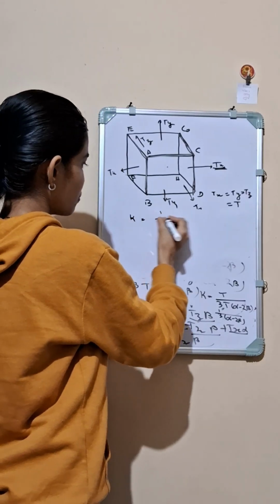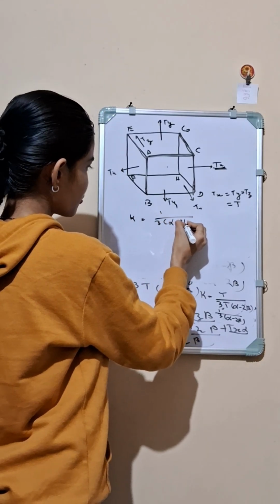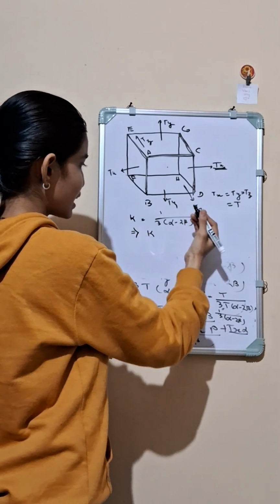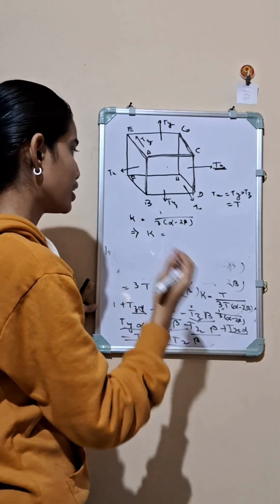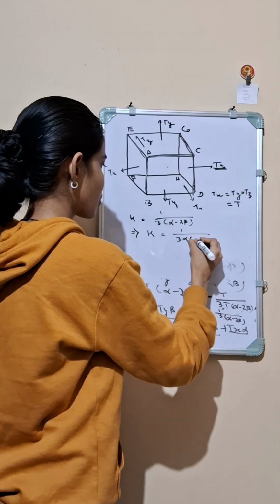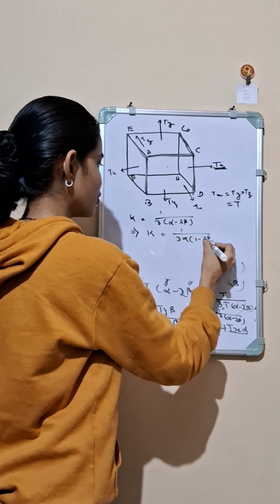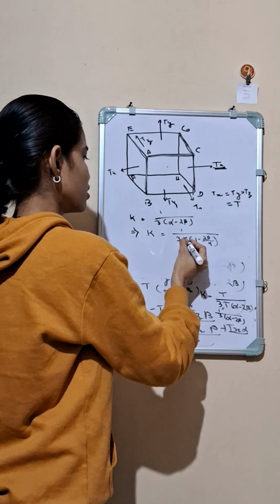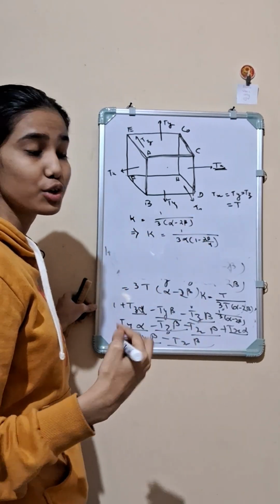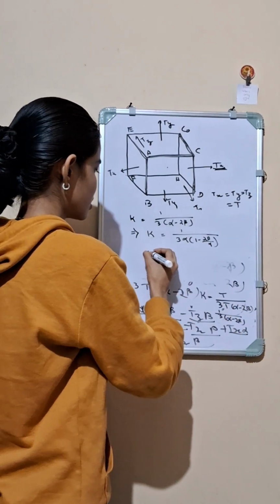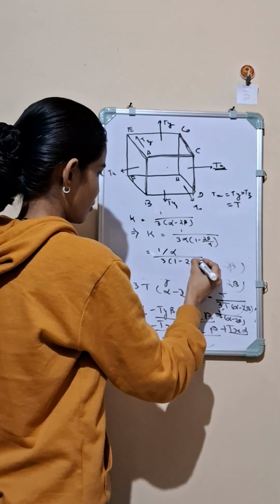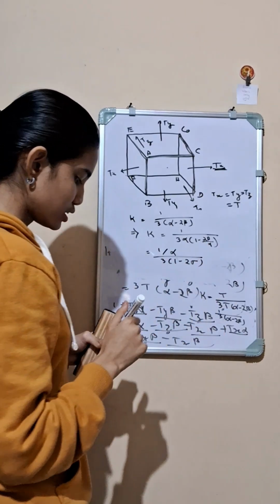K equals 1 minus 3 into alpha minus 2 beta, and now I can take alpha common. If I take alpha common I will get 1 by 3 alpha into 1 minus 2 beta by alpha. We know that beta by alpha is sigma, and if here I have taken alpha in the denominator, I can take it to the numerator and simply say that this is equal to 1 by alpha by 3 into 1 minus 2 sigma. We know that alpha is